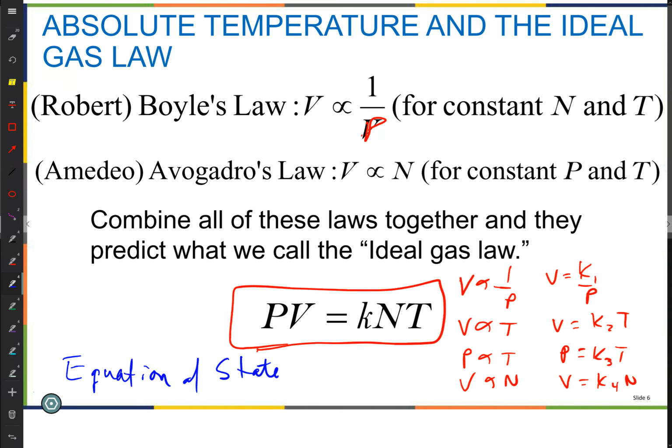It tells us the state of our gas. What kind of gas does this apply to? Only an ideal gas. So this is the equation of state for an ideal gas. And when we say it's the equation of state, what we're doing is we're taking variables that we call the state variables. I can completely describe the system, not the individual molecules, but the system, if I know these 4